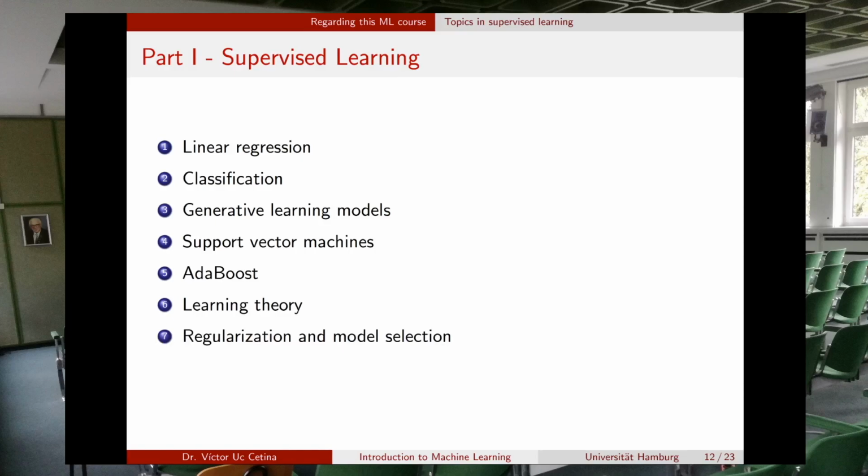Then we are going to discuss or analyze the regularization concept, which is a way to try to reduce the overfitting problem. As we will see, overfitting is a problem that we need to take very much into account when we are training a supervised learning model. And this problem is mainly due to parameters that grow